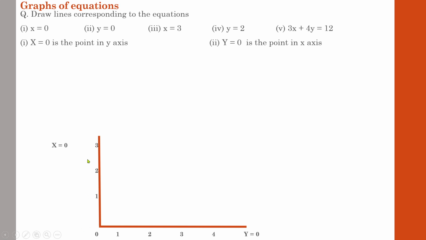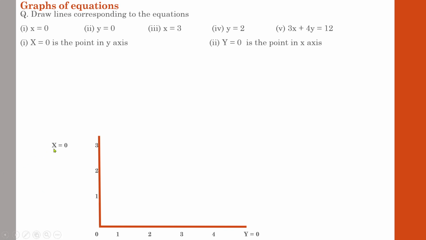Here numbers can be given according to your discretion, that is, based on the question or the details given in the question. Here the numbers are 2, 3, 4 like that. So it will be 0, 1, 2, 3, 4. There is no rule regarding how to scale the graph. That depends upon the details given in the question. On the basis of that, you have to logically put the numbers in the graph.